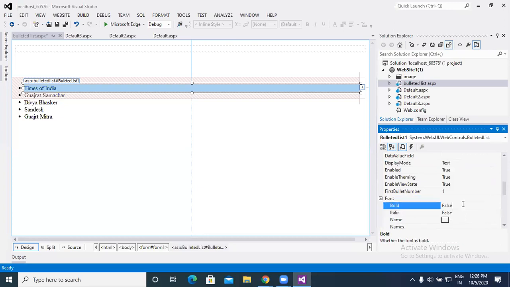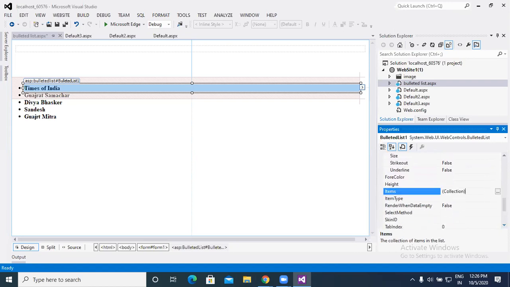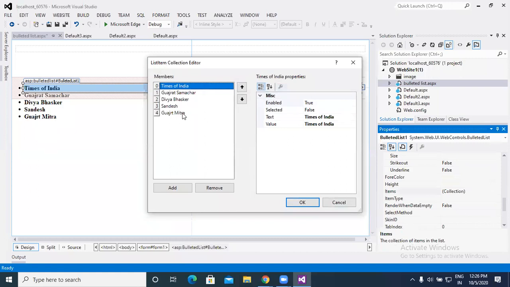Font is used for our bulleted list, which we have to list out here. Size, fore color, and items, that is the most important part, which is inserting different kinds of newspaper names here. It lists out the newspaper names: Times of India, Gujarat Samachar, Divya Bhaskar, Sandesh, and Gujarat Mitra.